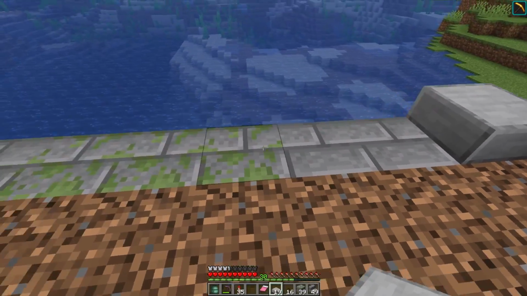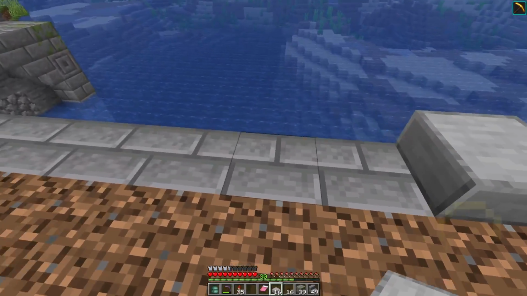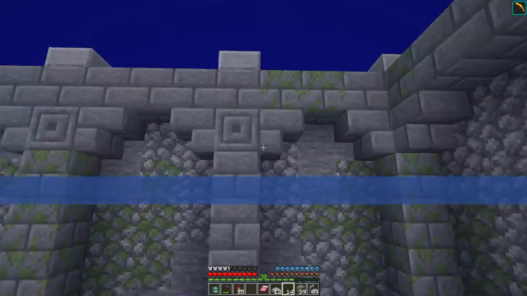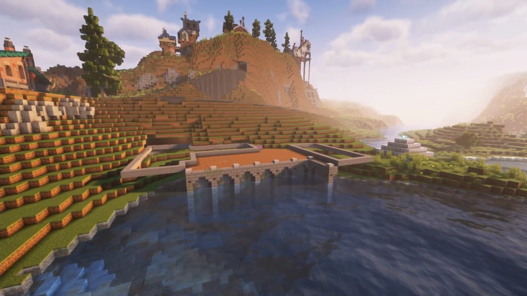And with that whole side in there now, I want to get a few more details here on top where we can place in some slabs here every 3 blocks and out here, and then drop down and get some dark oak buttons. And if we look back at where we started today and what just adding this harbor has done for this area,